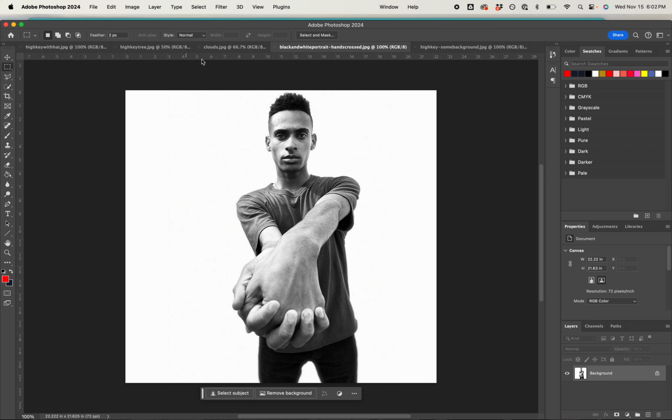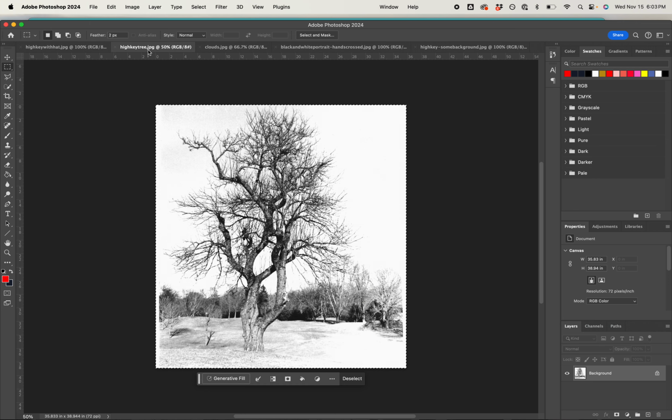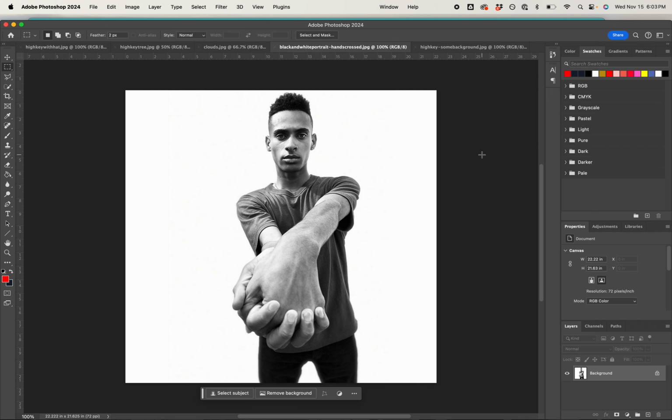And so what I'm going to do is grab another image. So I'm going to try, say, the tree. I'm going to come over to my tree that's open in another tab, and I'm selecting the whole thing by hitting Command and A. Then I'm going to hit Command C to copy that entire image,